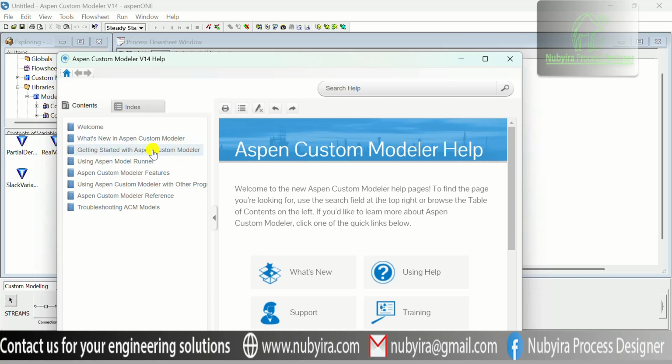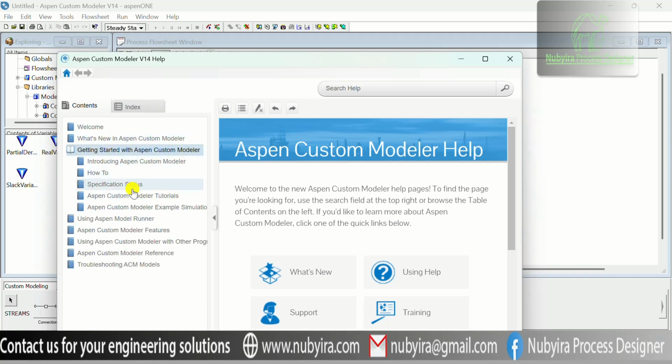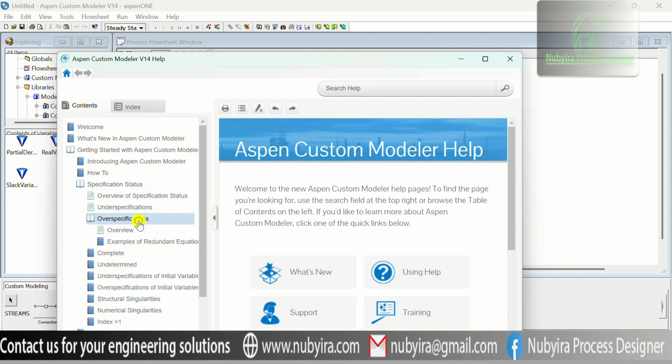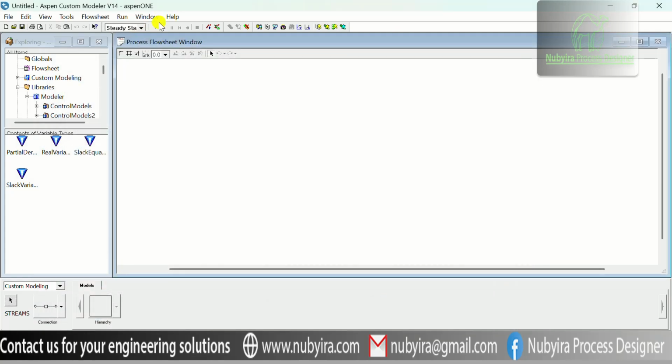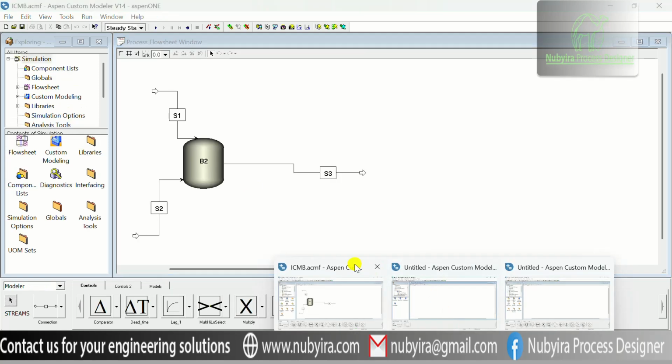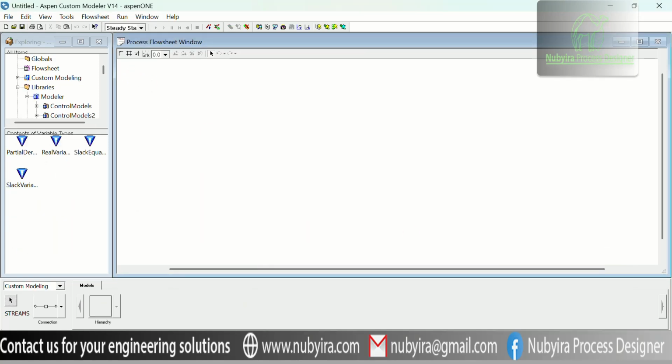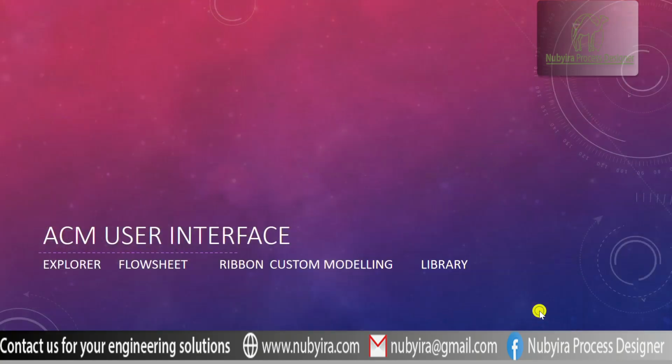We have a lot of documentation on the software here, so you can easily move from one section to another to understand different areas of the software. Moving forward,